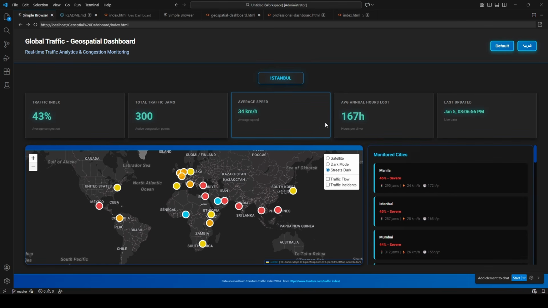Hello everyone, I will show you how to build a Geospatial Dashboard like this one by just chatting with AI, without writing any single line of code. You just need to describe what you need to create or build in this dashboard. This dashboard, for example, is displaying the traffic index in real time, and it keeps fetching real-time data, and it keeps